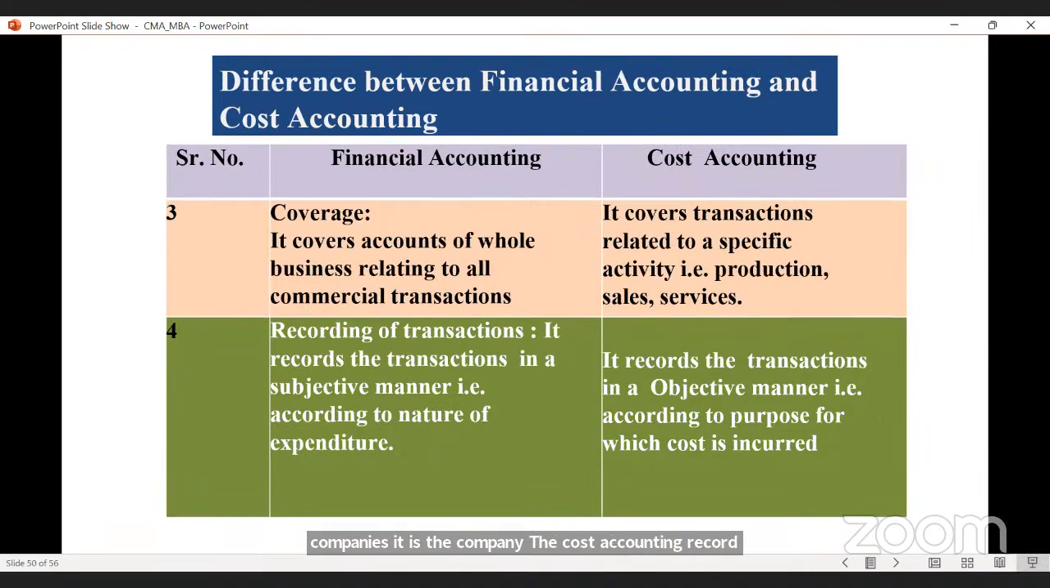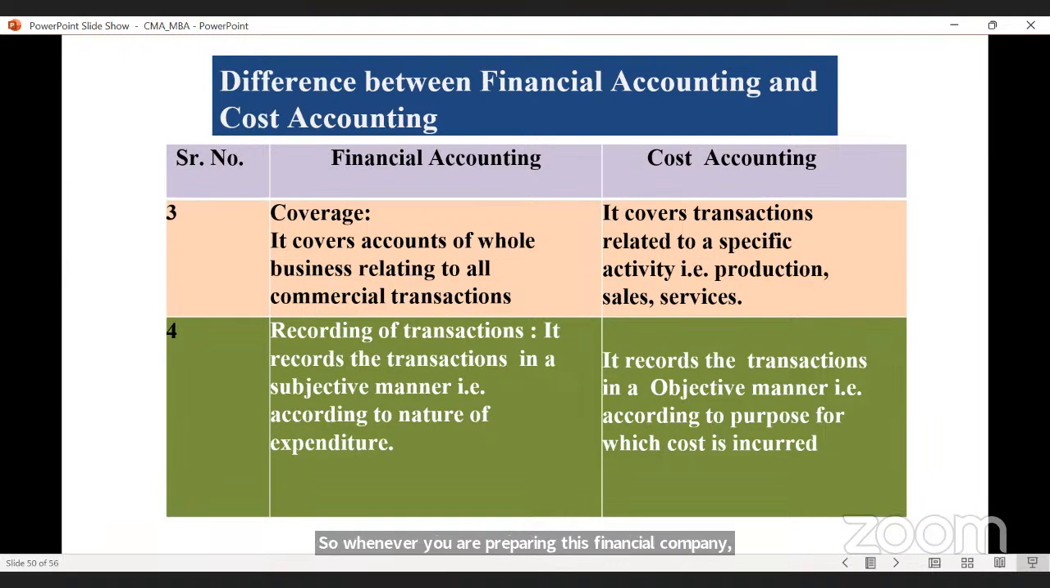The next parameter is coverage. Financial accounting covers accounts of the whole business relating to the commercial transactions. Let's say in your entity, 5 departments may be there, or you may have 5 subsidiaries. Department means your company is one, only one company or one business, with 5 departments. Or you may be the parent company with 5 subsidiary companies. So whenever you are preparing the financial statements, finally you have to prepare the consolidated financial statement